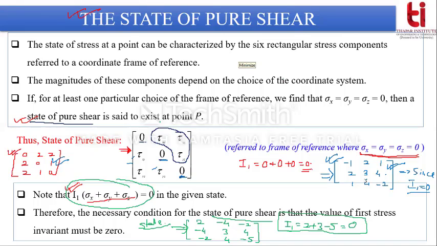Noor Singh Saini, you can unmute yourself and speak. सर ये ना आइडिया क्लियर नहीं हुआ कि सम अगर जीरो है, I1 जीरो है, तो हम कह सकते हैं कि स्टेट ऑफ प्योर शेयर है. मतलब इसका कोई एग्जांपल है जिसके साथ भी आप क्लियर कर दो. Okay, I have explained this with example as well, but मैं इसको next class में हम यहीं से शुरू कर लेंगे. Okay, we will start from this slide and then move on to octahedral. We can do that. Okay, sir.